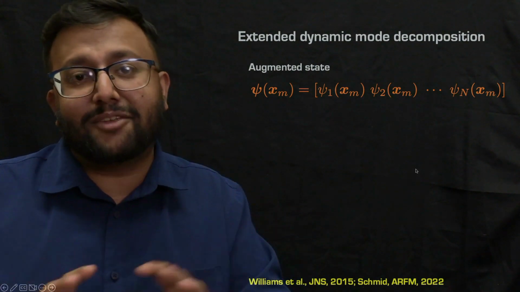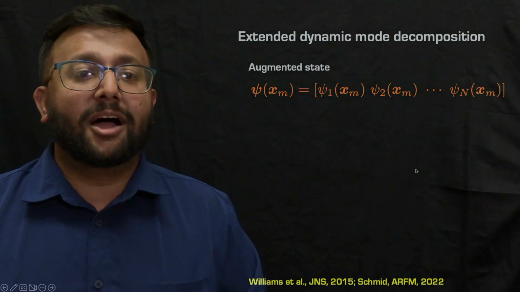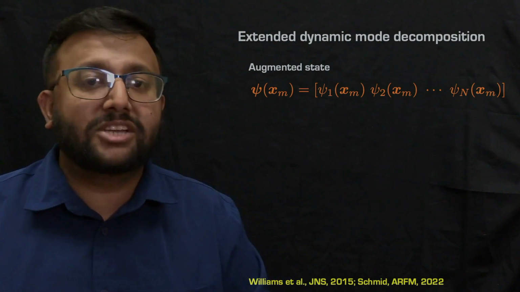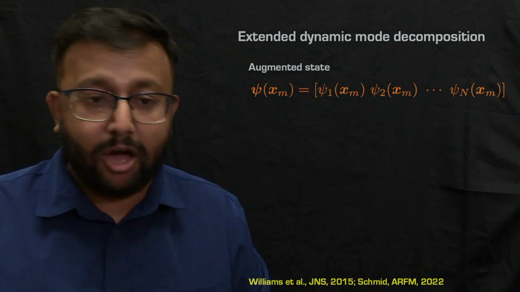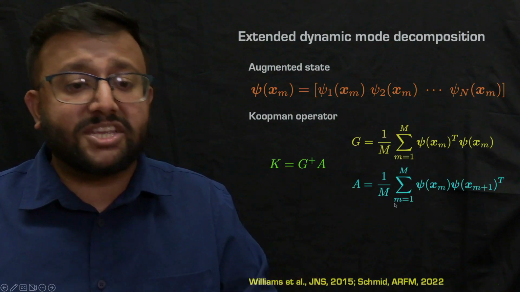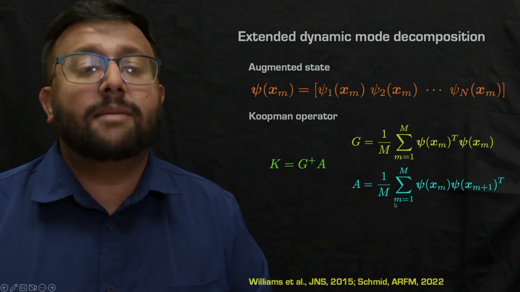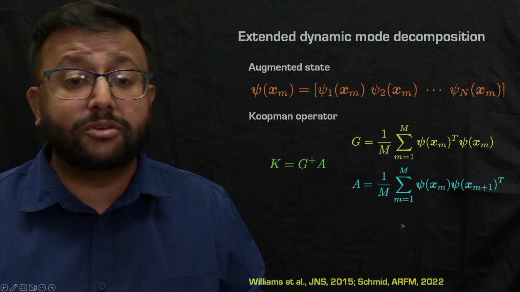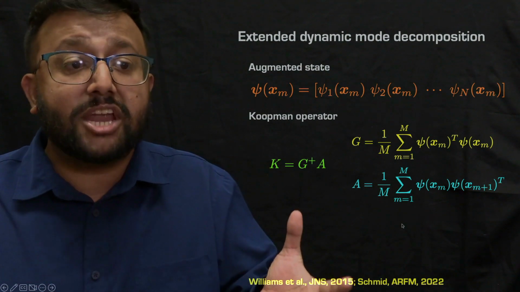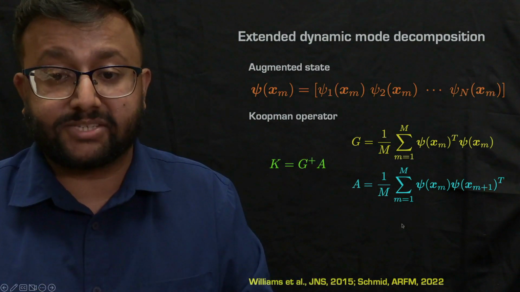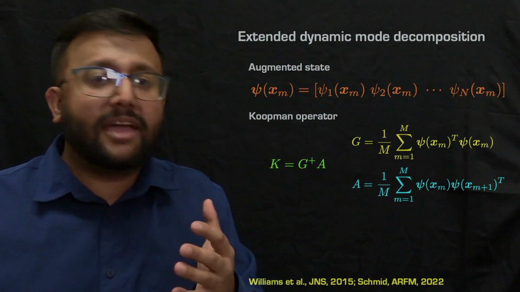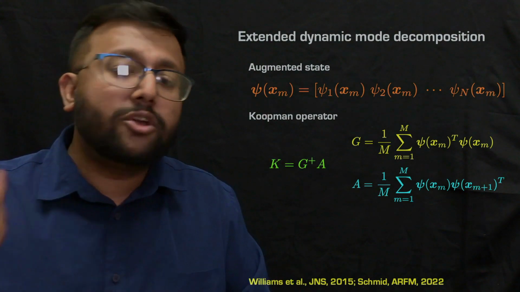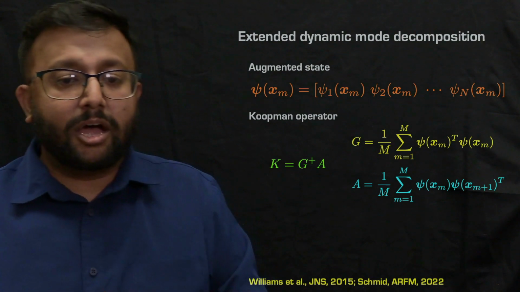Now, I must say that we talk about an infinite dimensional Koopman operator, but in practice, we always will have a finite dimensional approximation of this Koopman operator. Now, one way of doing this is by doing extended dynamic mode decomposition. In extended dynamic mode decomposition, you again perform this regression, but now on the augmented space. Now, in practice, just doing the regression on the augmented space is computationally expensive. So what you do is you use kernel methods.